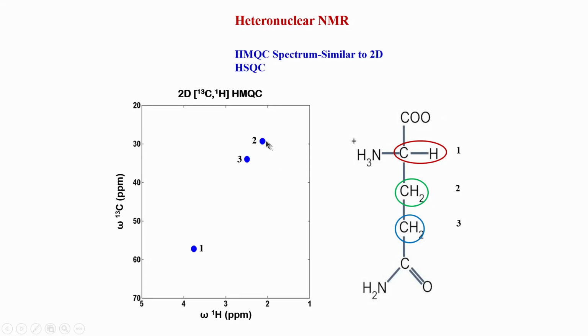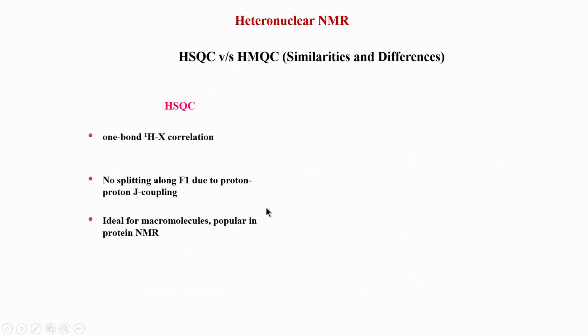So, that is number 2, and the third pair is CH2 gamma; this is alpha, this is beta and this is gamma. In the gamma case you can see CH2 again, here it is coming slightly downfield compared to 2 because of the de-shielding effect, but this is exactly similar to what we get in HSQC. So, chemical shift wise there is no difference, spectral pattern wise there is no difference. The final difference, the coupling which I was mentioning, is not shown here, but it will also affect the spectrum.